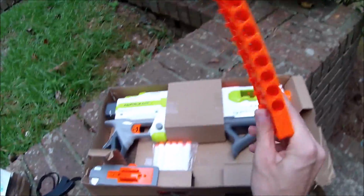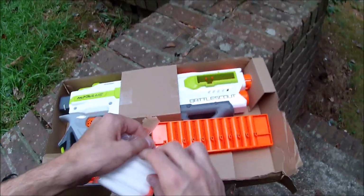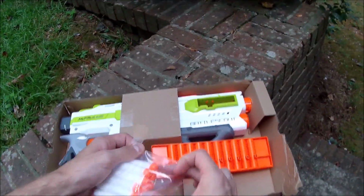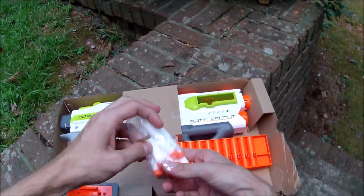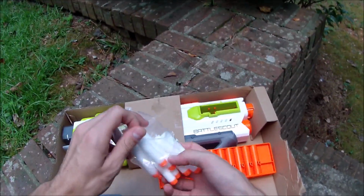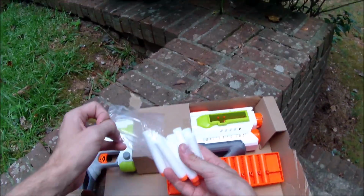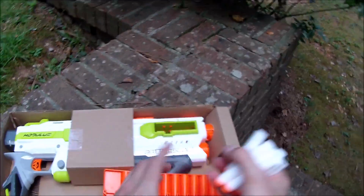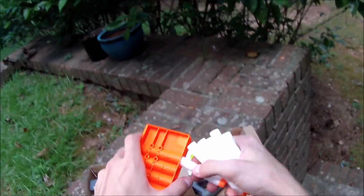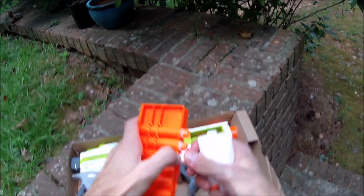This is a harmonica-style clip, not a magazine, a clip for Nerf darts, and it's firing out of the Battlescout, which could otherwise be a really cool pump action springer. Now I understand that not everything can be the same, but like in a world where we get a Recon Mark II, I want to know where my Modulus Alpha Trooper is, because it's starting to get ridiculous, and I hope this isn't it. But you load the darts into the clip here,